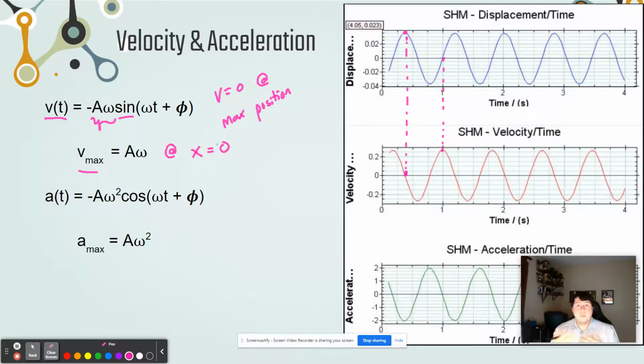So they are in some ways opposites: velocity is maximum when the position is 0, and velocity is 0 when the position is at maximum. As you can imagine, acceleration works very similarly. If I continue these lines down,